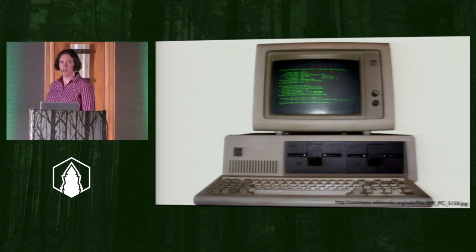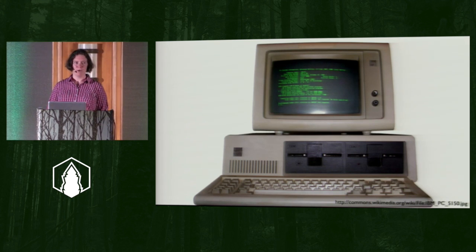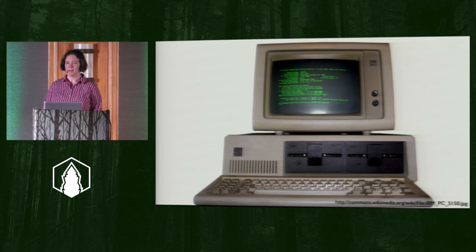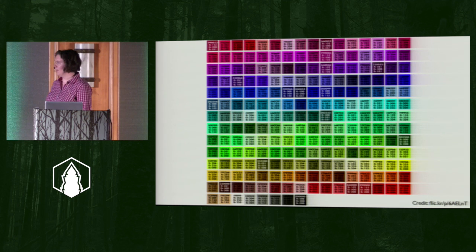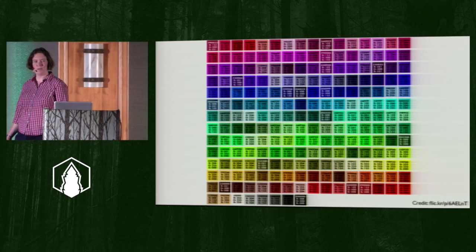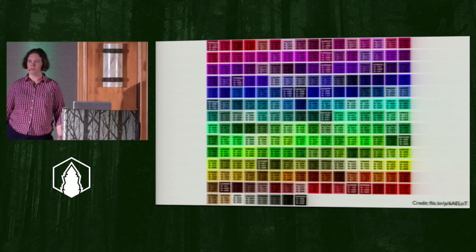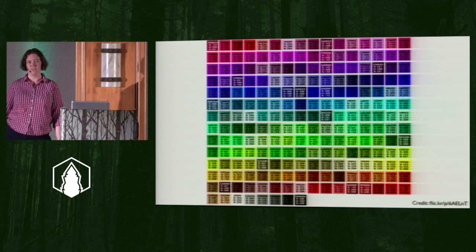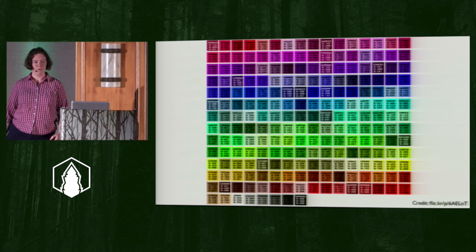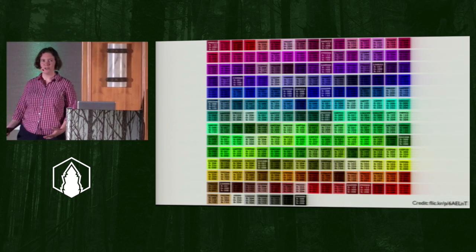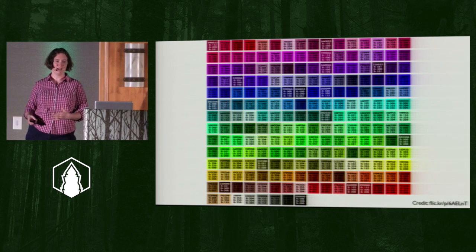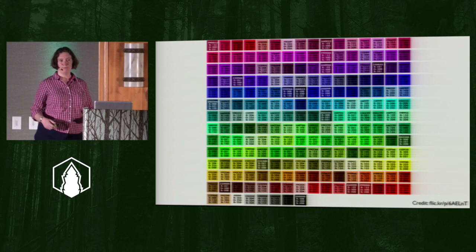Computers started out not in black and white, but monocolor, often with green text on a black screen like this. When we first had the web, monitors couldn't display all the colors that they can display now. A lot of them could only display 256 colors. And what we did back then is we had a chart like this. There were only 256 colors you could use in CSS and be sure that that color would be displayed correctly